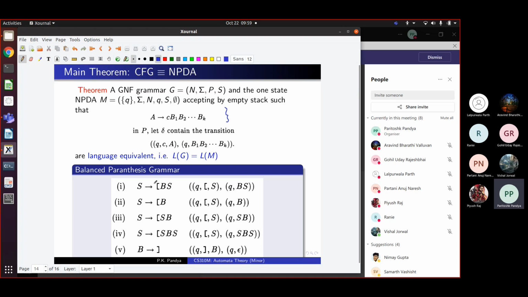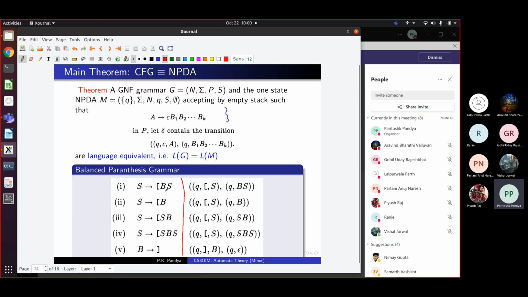See, there is a correspondence. So here, I have the balanced parenthesis grammar on the left hand side. Let me draw a red line between them. To the left of the red line are the 5 rules of the grammar in Greibach normal form, which recognize the balanced parenthesis language. This grammar we had done before. So take it as given that this is the grammar which recognizes balanced parenthesis strings, and it is in Greibach normal form, because each production begins with a terminal symbol, either a left bracket or a right bracket, followed by a sequence of non-terminals.